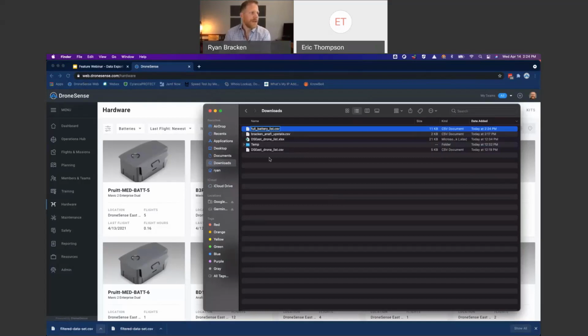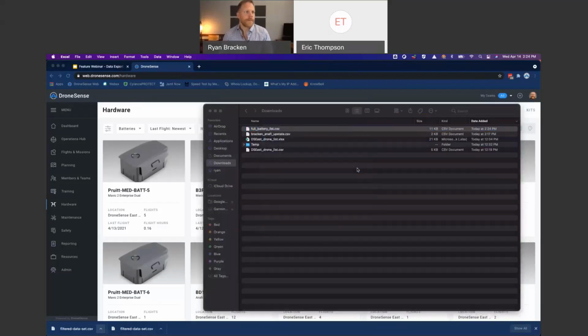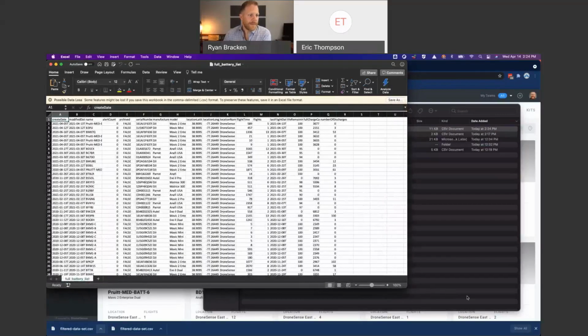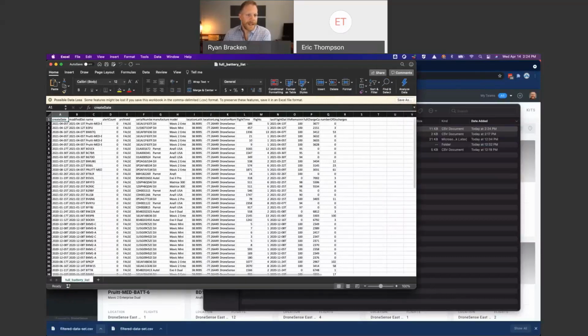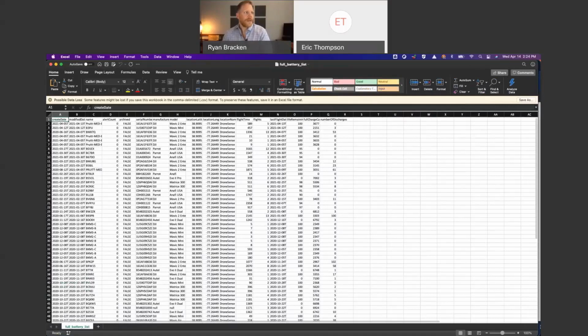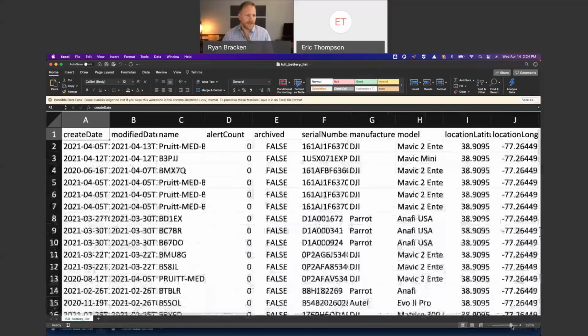Typed it correct the first time. And again, I'm going to right click and open it with Excel. Okay. And again, there's going to be a lot of data on here. So first order of business, of course, is to zoom in so it's a little easier for us to